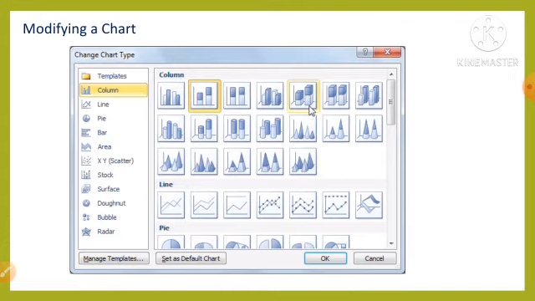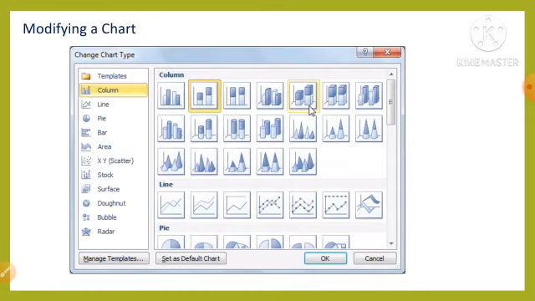This axis is used to show the depth of the third dimension in the chart. So, axis and axis titles are important parts of an effective chart. The axis titles help to understand the visual information provided in a chart easily. So, we can set the axis title for a chart by the axis title button under the labels group in the layout tab of the chart tools contextual tab.